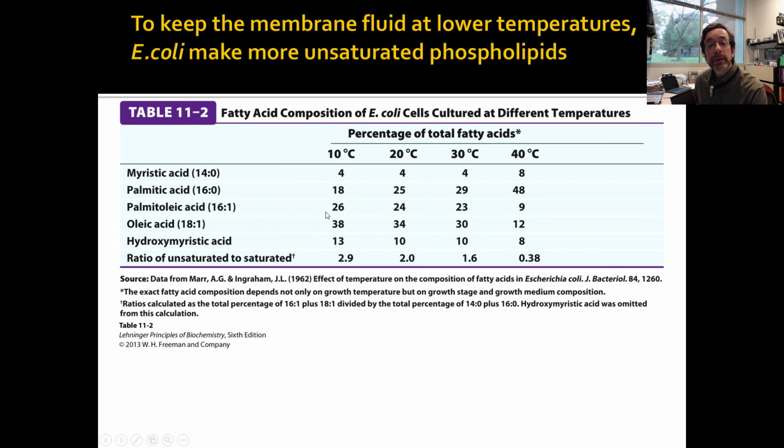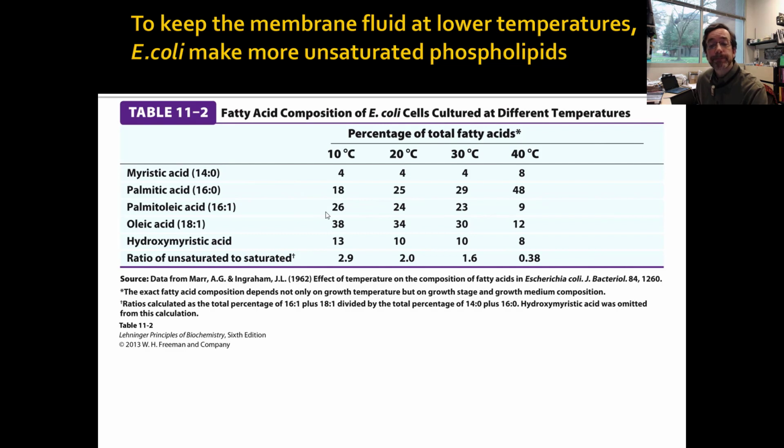That means colder E. coli make more membrane lipids that have more unsaturated double bonds kicking out in them to keep them liquid at the lower temperatures. At 40 degrees, they don't need to do that. They're liquid, they're kept liquid by the higher temperatures themselves, and so they can make more fully saturated fatty acids,